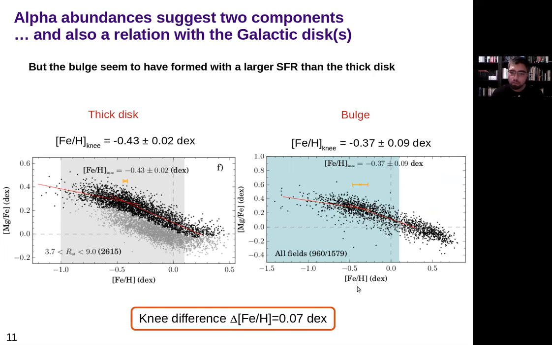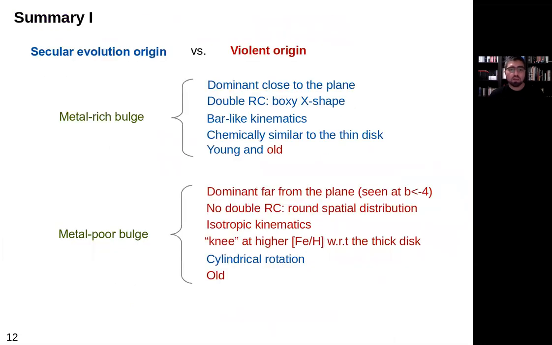This is on the border of being statistically significant, but if real, it means that the star formation rate of bulge stars was higher than that characterizing the thick disk stars. So this would be a physical difference between both types of stars. So overall, if we consider all properties, some of them I show you here and others that will be discussed elsewhere in this conference,